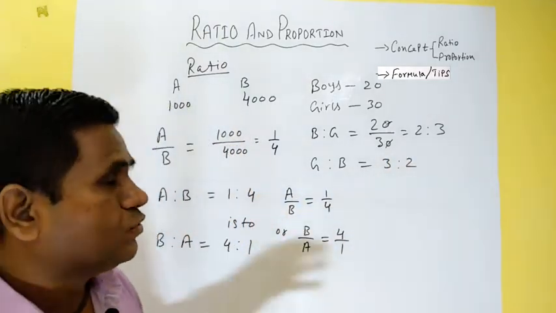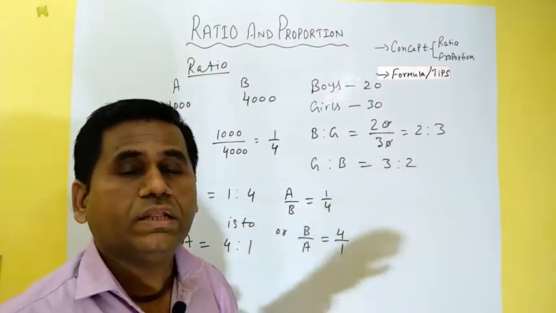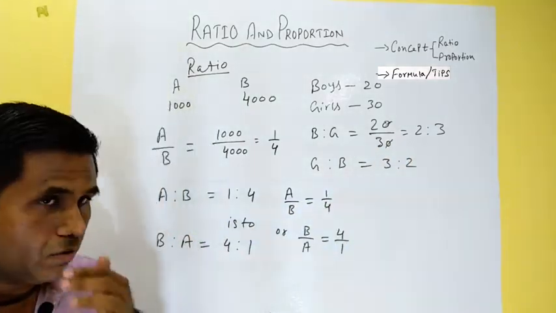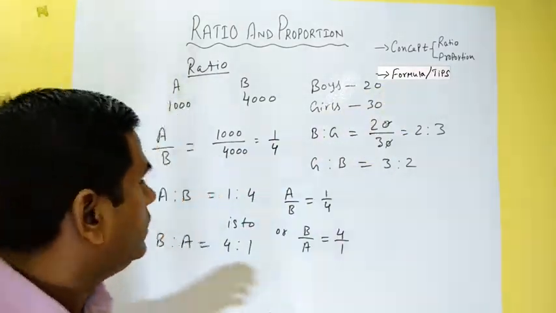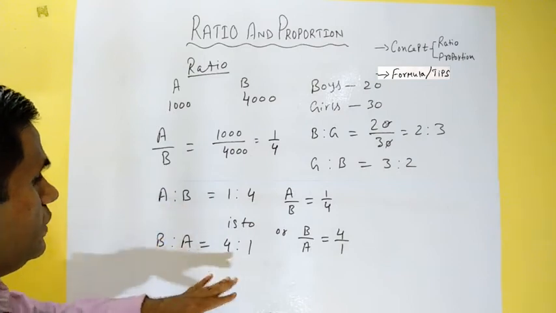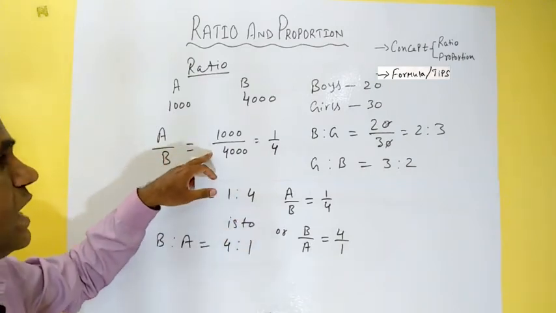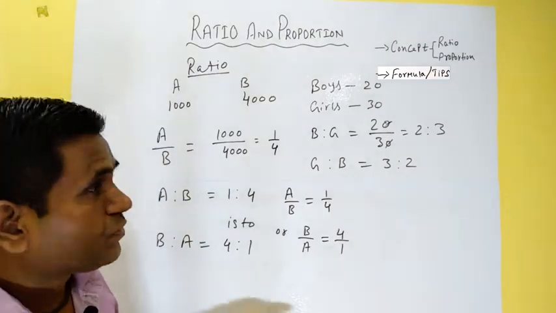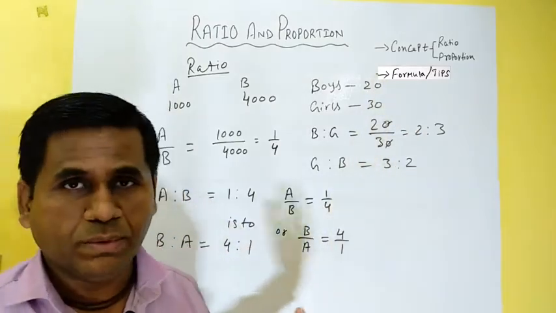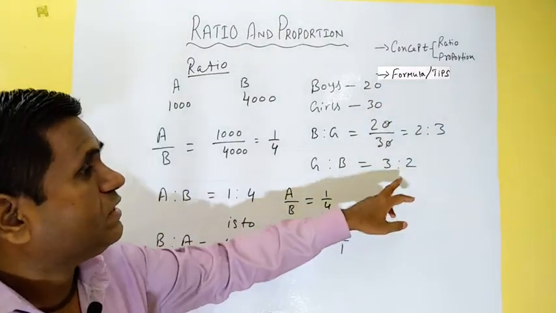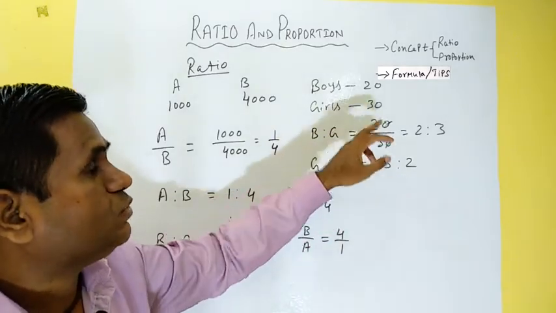This is the ratio. So always remember friends, this is the ratio, 3 is to 2 or 2 is to 3. This is not the actual number. What is the actual number? Actual number is given here, 20 and 30. In the first example also, the ratio is 4 is to 1 or 1 is to 4, but the actual salary is 1000 and 4000. So while solving the problems, even in the formulas we will be learning, when the ratio is given, suppose you have to find the actual number.